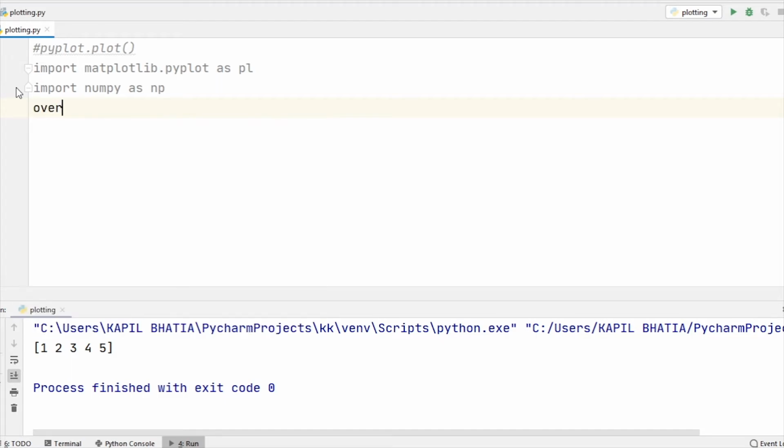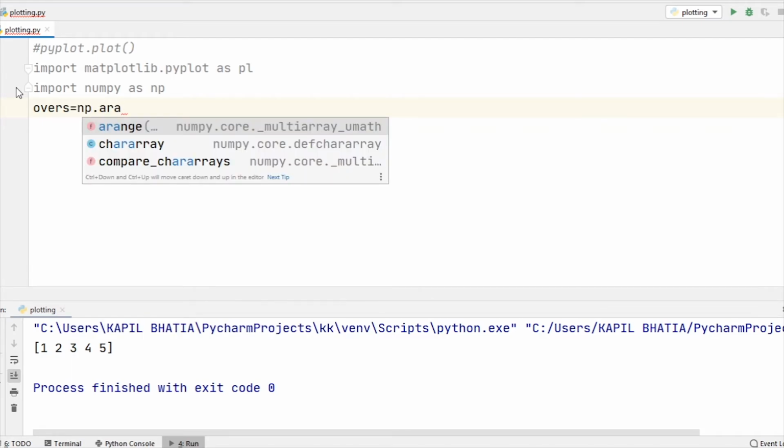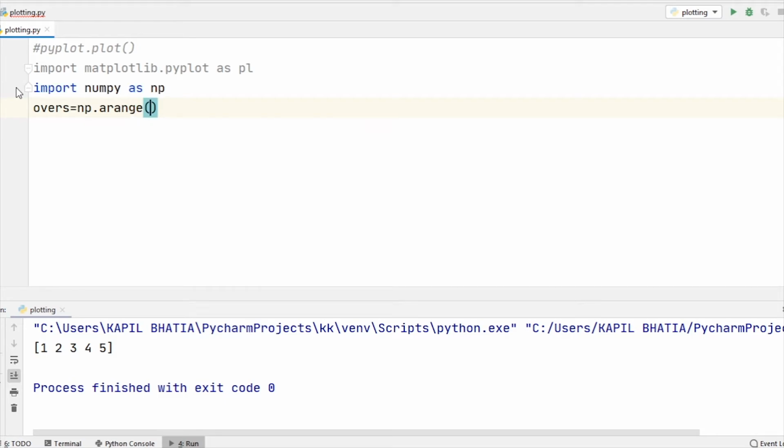So here overs is equal to np.arange(1, 6). arange is a function. It will return values starting from 1 to n-1, that means 1 to 5, and create an array. Basically an array is just like a list, but the difference between an array and a list is that an array is homogeneous. That means all the elements in an array must be of the same type.